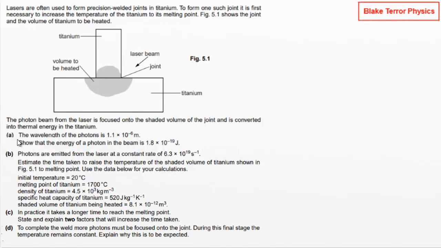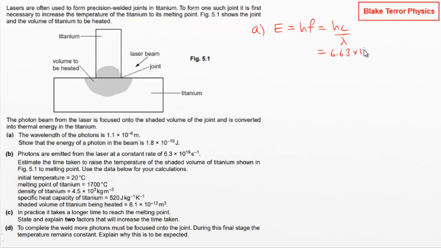Anyway, so part A: the wavelength of the photons is that. Show that the energy of a photon is 1.8 times 10 to the minus 19 joules. Right, so I know this isn't part of our thermodynamics, but the energy of a photon is the Planck constant multiplied by the frequency, which is the Planck constant multiplied by the speed of light divided by the wavelength. So that is going to give us